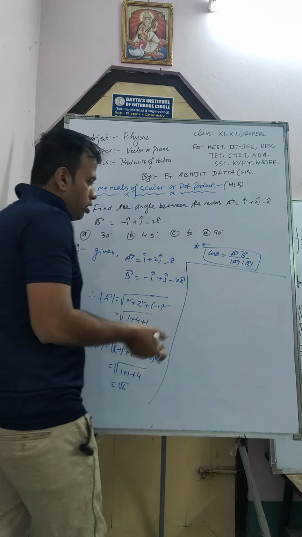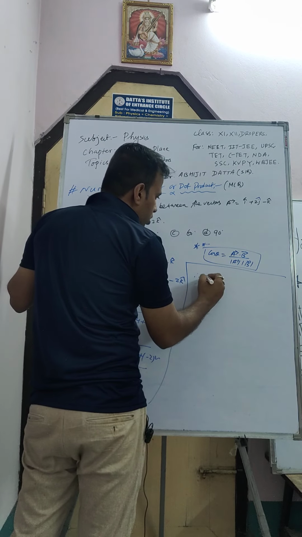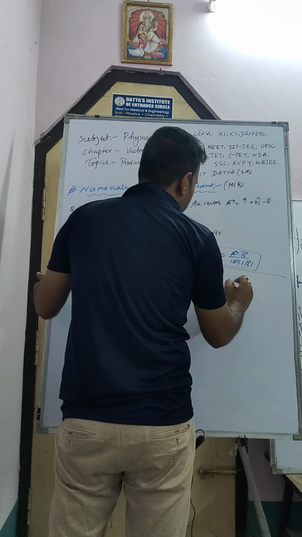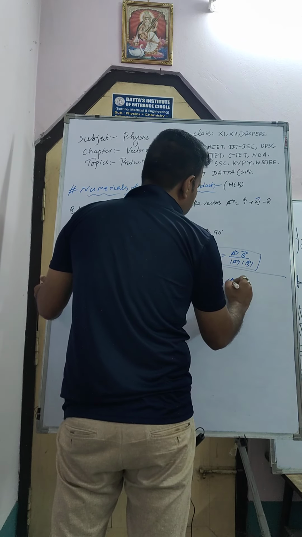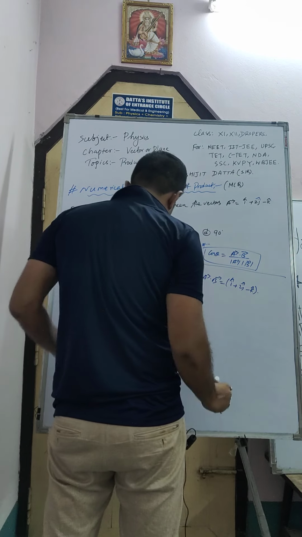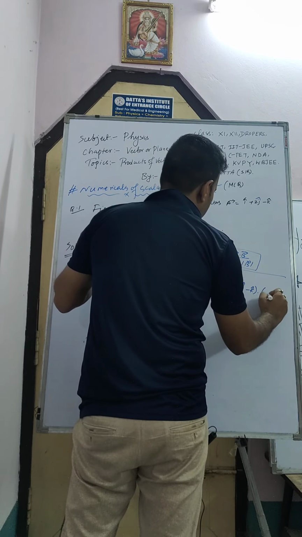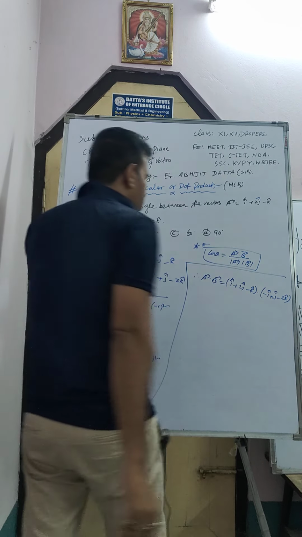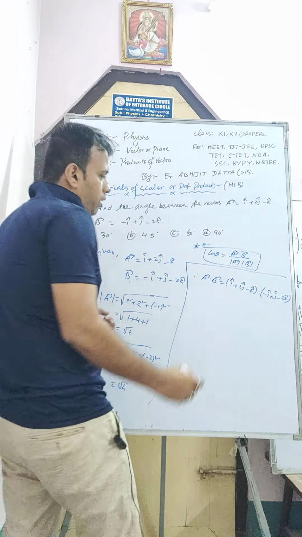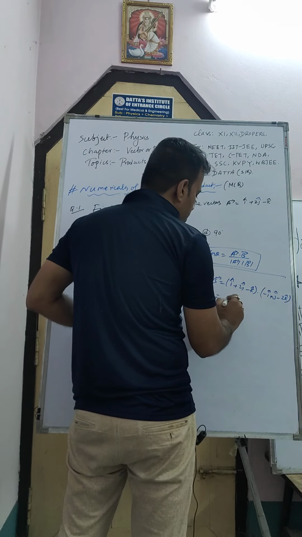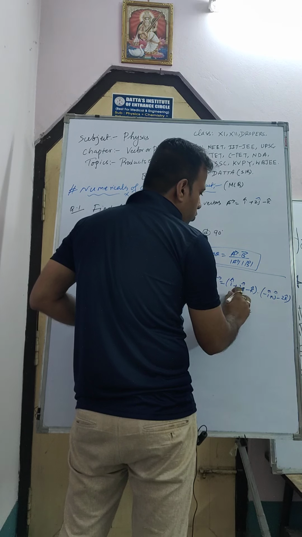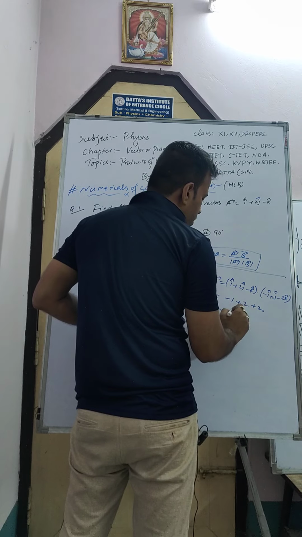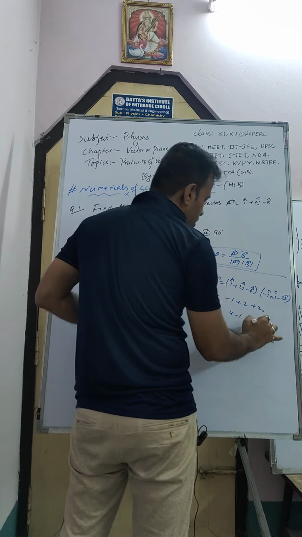So now a dot b. What is a dot b? A is i cap plus 2j cap minus k cap, dot b is minus i cap plus j cap minus 2k cap. Now if I dot multiply this, i dot i is minus 1, 2 plus j, that is 2, and minus 1 is plus 4. It will be 4 minus 1, that is 3.